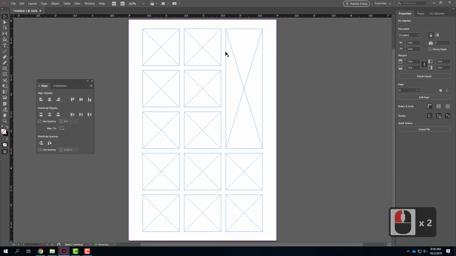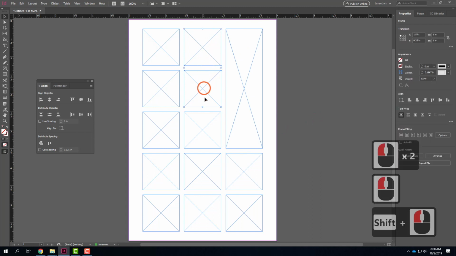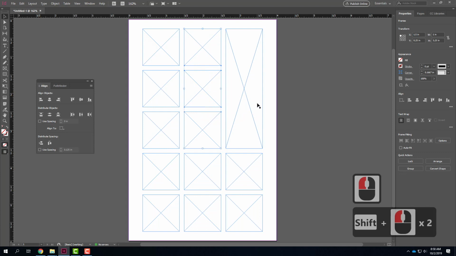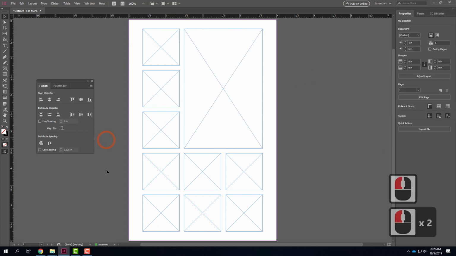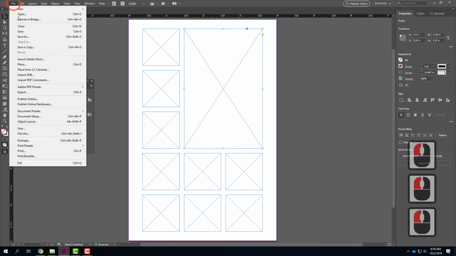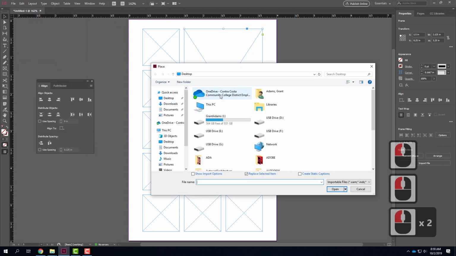So I can do the same thing. I could say, let's get rid of these. And I could pull this one over like that. And I'm still working within the context of my original layout. Obviously, I haven't placed any images yet. But at this point, I could go in and I could start placing images. So I could take and select this one. I could go to File and then Place. And I could drop in